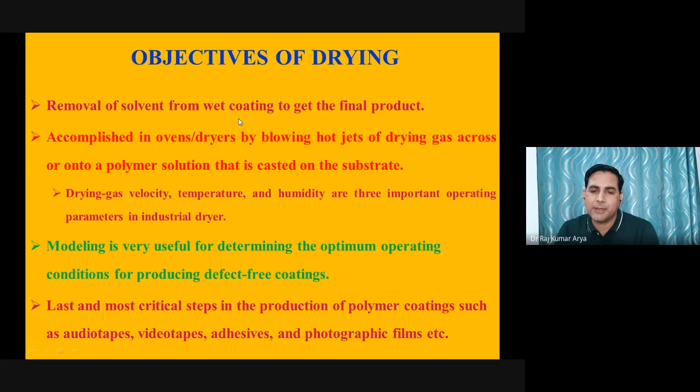In the case of the industrial part, we cannot leave it just open, because you have dust particles and many other particles, and if they stick to your wet materials, your product quality would deteriorate. So in that case, you will have industrial ovens or dryers for that purpose. In those dryers, you have to flow hot air, and you have to control the temperature and your blowing velocity. If you have a wet film or wet material and you are blowing the air at a very fast rate,